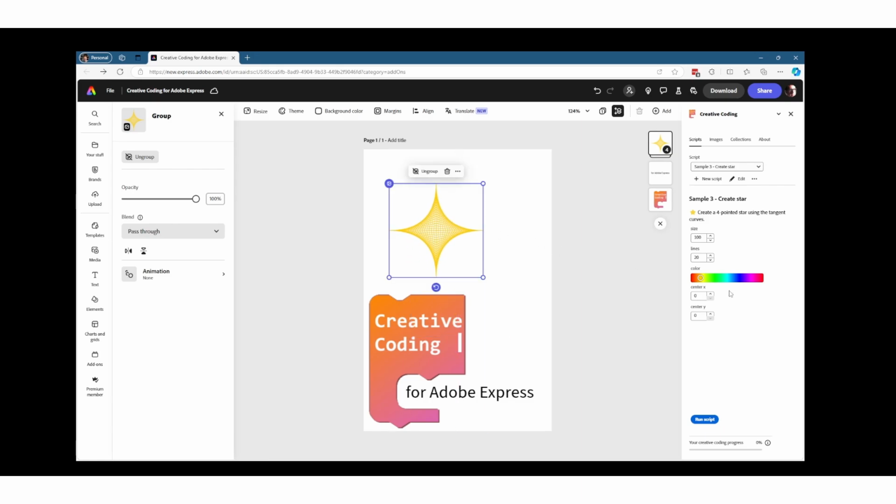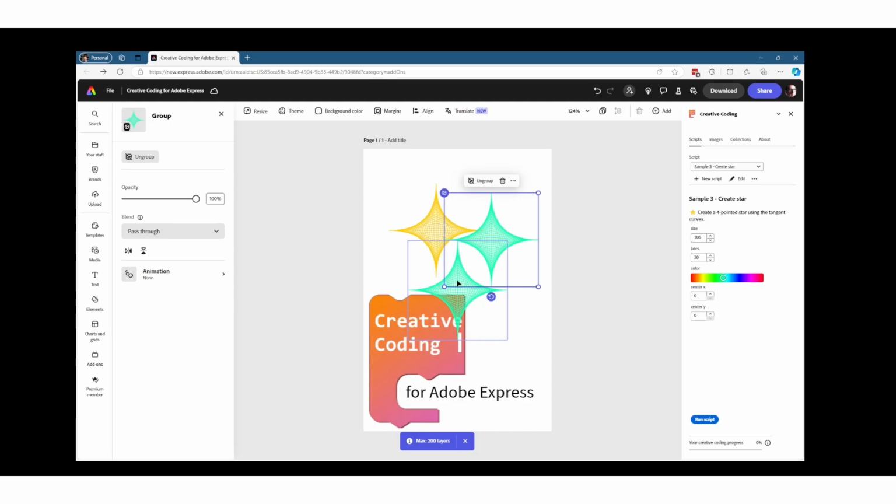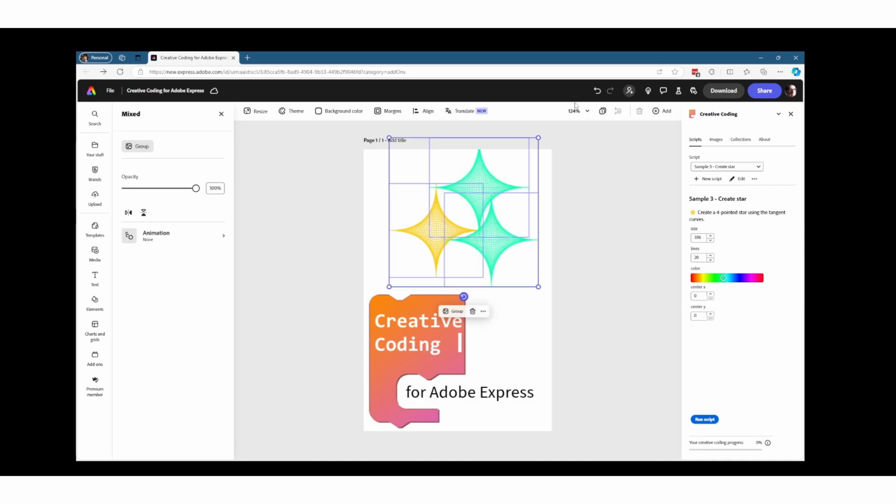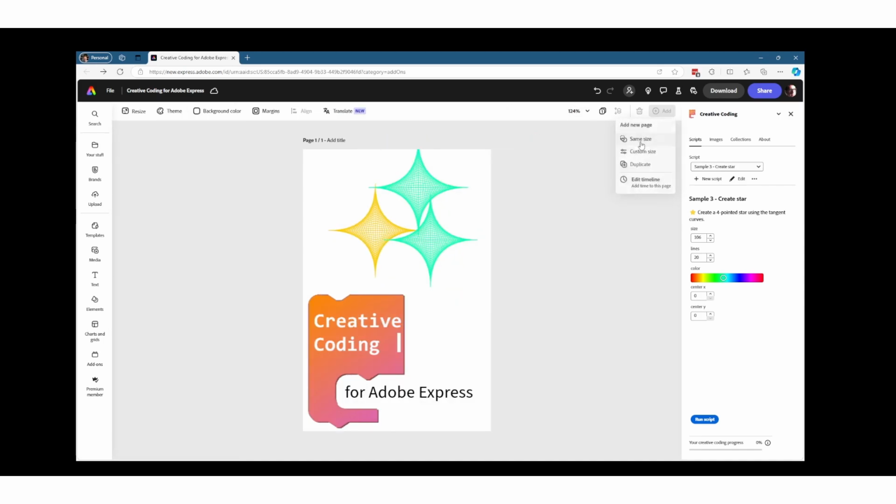It gives me a color. If I want to create another one, it creates one in green. If I want to create one with a larger size, I can run that and it makes it slightly larger. So what I can do here is do some things with code that let me make one script call another script. And then finally, if I add a new page,